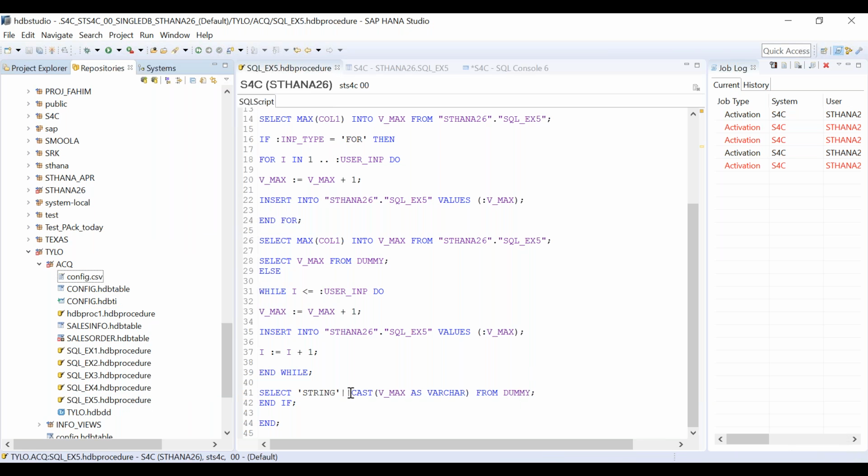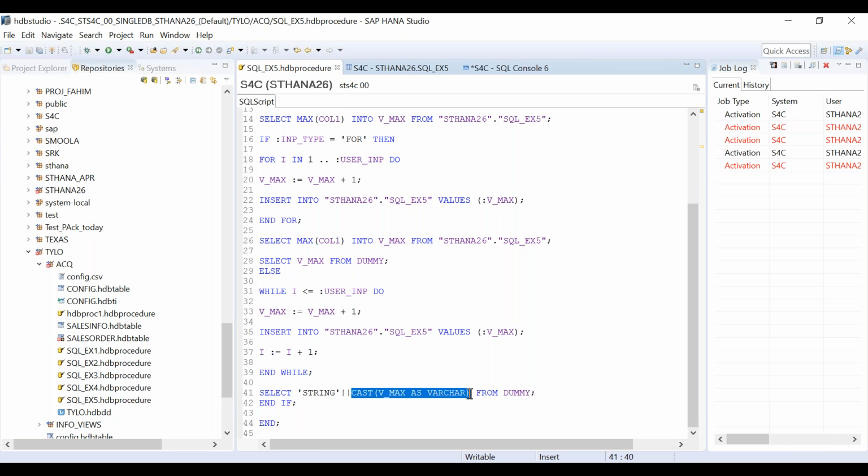Okay. So I was not able to recall the syntax. So what I'm doing is v underscore max at runtime is making into varchar. Okay. All right. So now I can write simply like this: while loop and new value is v underscore max. Simple.